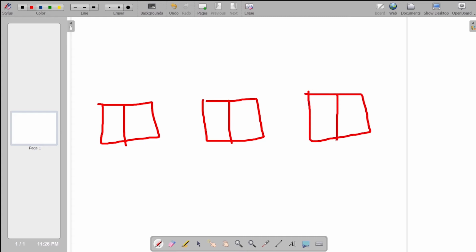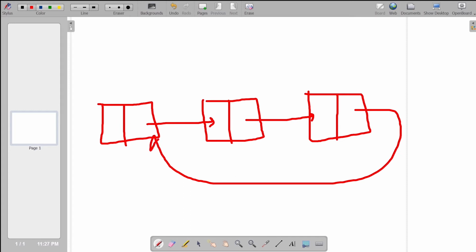We have these three nodes. This is pointing to this node, and this is pointing to this node, and the last node is pointing to the first node again. Then this is the head pointer. So we have to delete this node, right? So for that